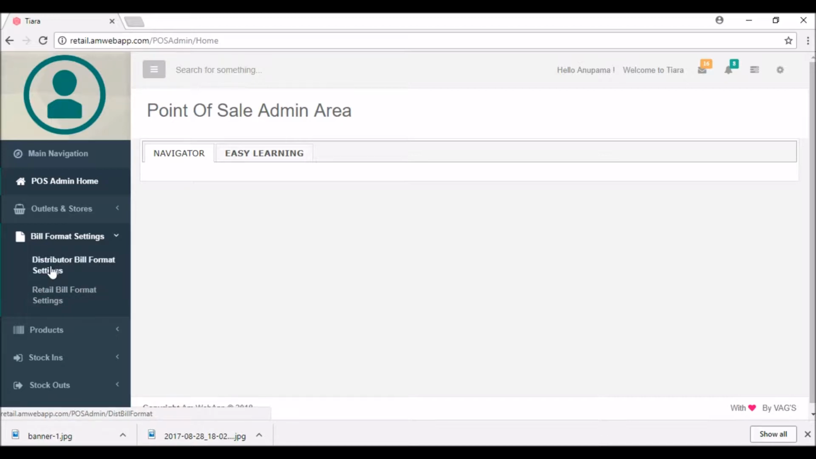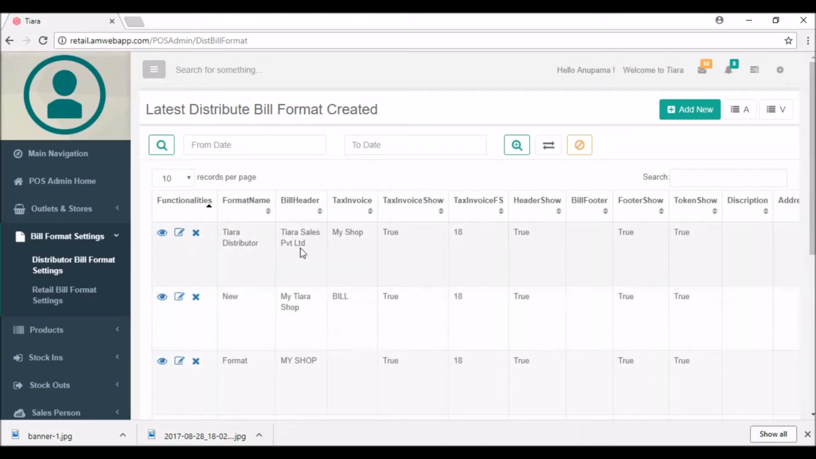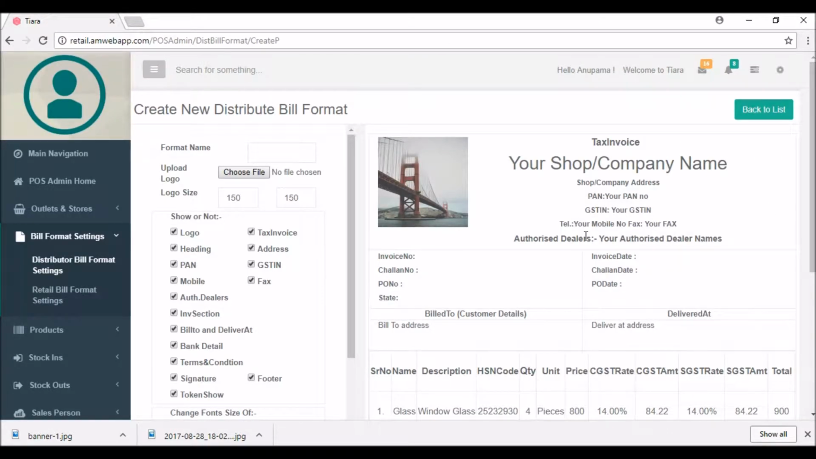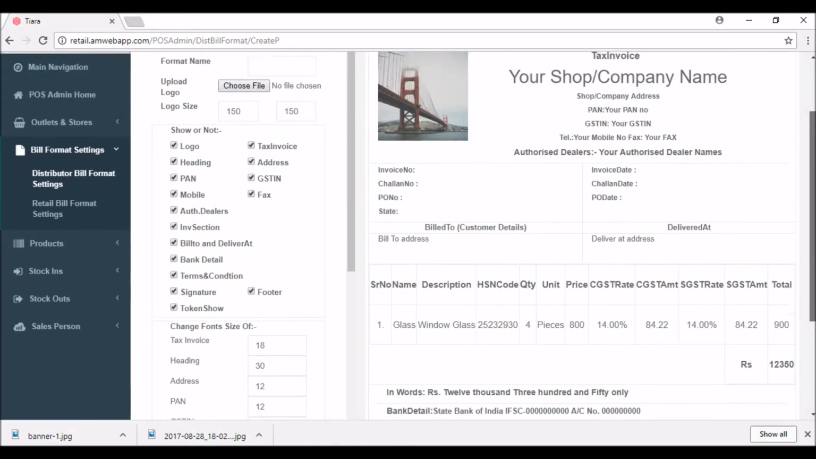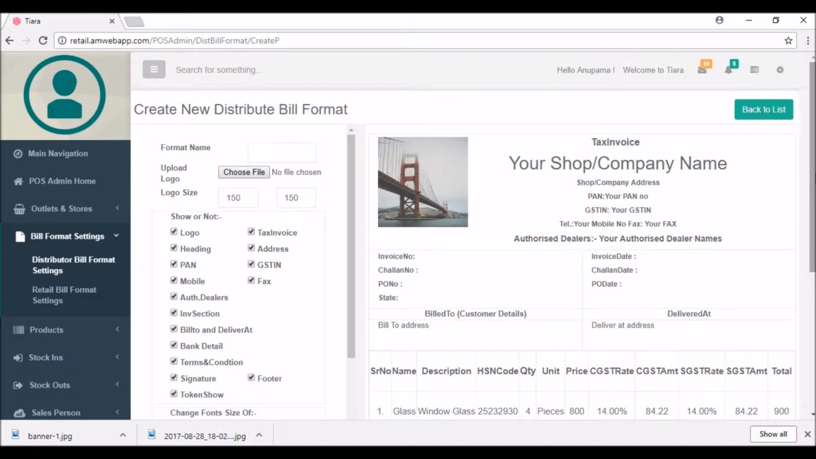First of all, I'll elaborate the distributor bill format for you. So I'm clicking on this. You can see the already created format is highlighted here. Just for an example, I'm creating one new format. You can see the bill format here. It is a default format. So now I want to create one new format. I'm going to name it Tiara T